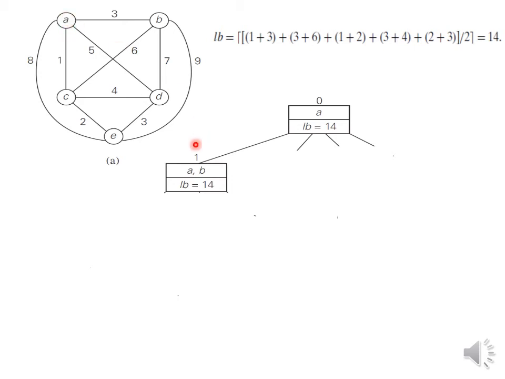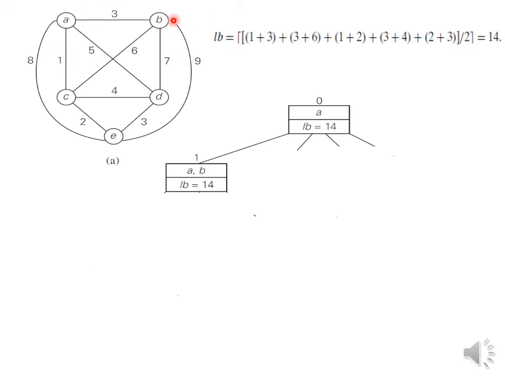So now, since AB is the edge we already considered as a part of our solution, this edge needs to be considered mandatorily. So from A, 8, 1, 5, 3 are the 4 edges. Among that, AB is already selected as a part of the solution. Now, while considering 2 minimum edges for the computation of the lower bound, this we have to take mandatorily. So 3 you take plus minimum among the others, 8, 1, 5, that is nothing but 1. So 3 plus 1.